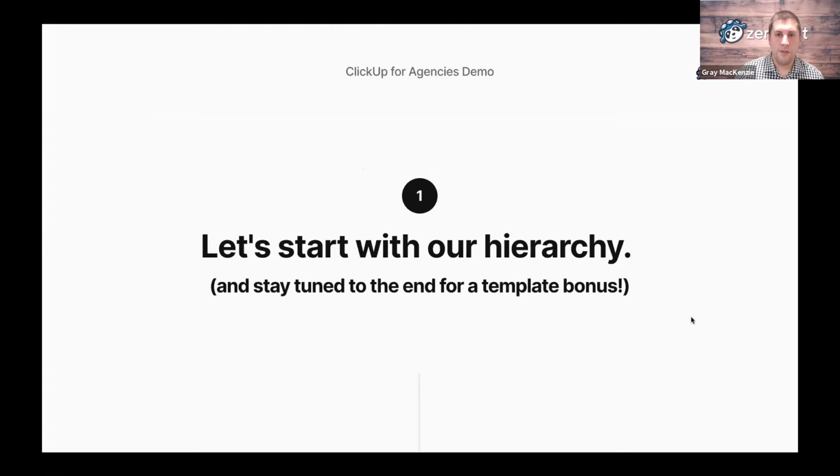So with that context, I'm going to pull you directly into ClickUp. We're going to go in and look at how we structure this for agencies, why we recommend this structure, and what are some of the decision points and decision trees that would impact maybe choosing a different way to set